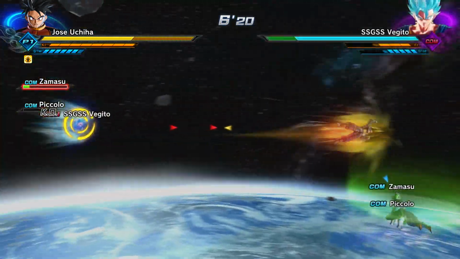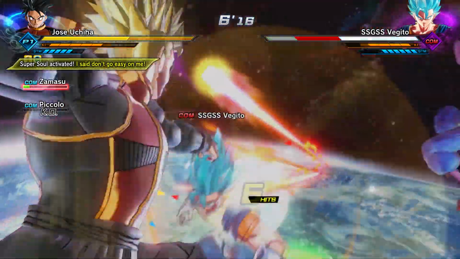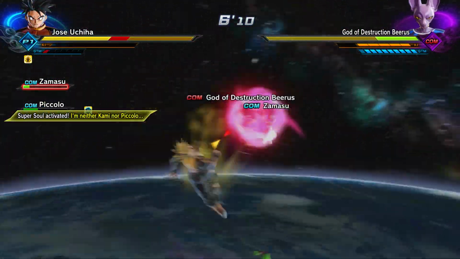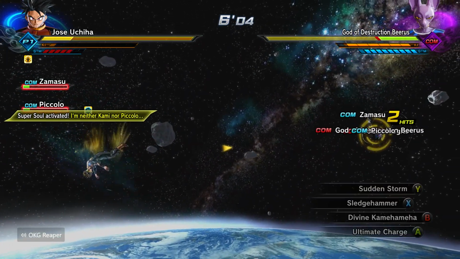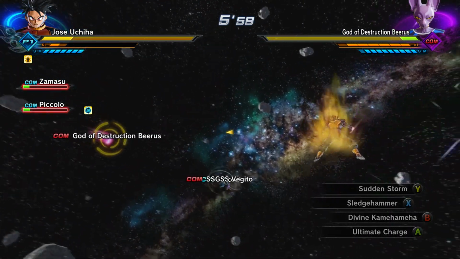So here we're just going to try and get Vegeta out the way a little bit by using an ultimate. However, Beerus nearly stand broke us. He actually ended up doing so because he perfect blocked. And now Piccolo and Zamasu are both back up, so that's a good thing for us. They picked Vegeta and Beerus off of us, so we don't have to worry about them too much no more. And we're just going to keep charging,